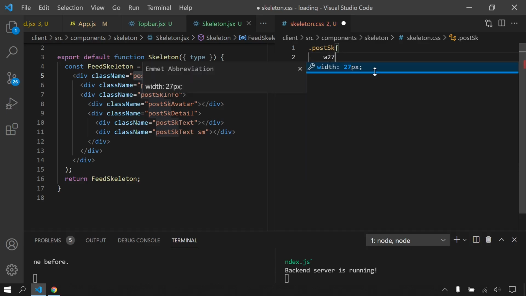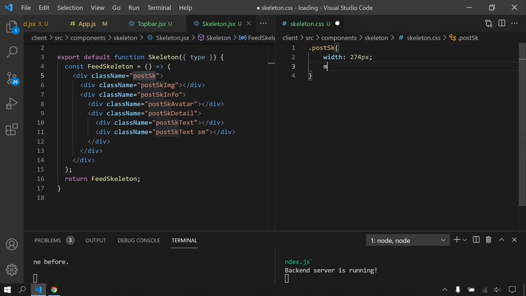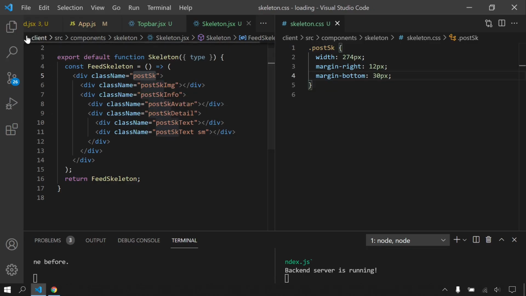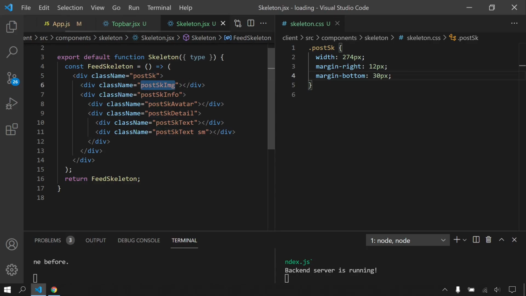I will say 274 and margin right 12 and margin bottom 30. Actually, you can open your post CSS and copy paste and change names, but it can be a little bit confusing because some of them are image or any other elements, but here we are using only divs because we are gonna give only color here.